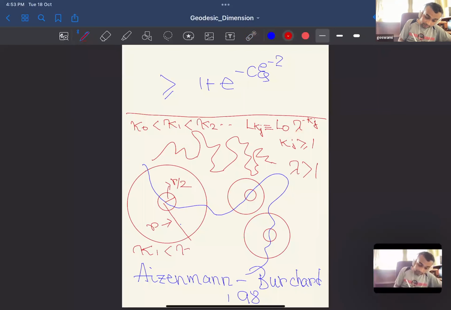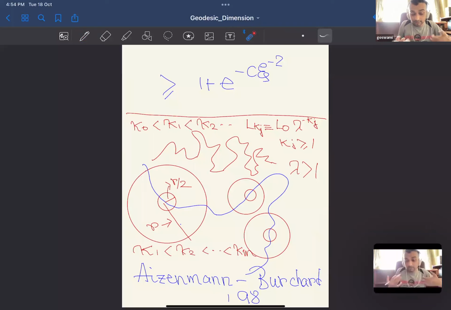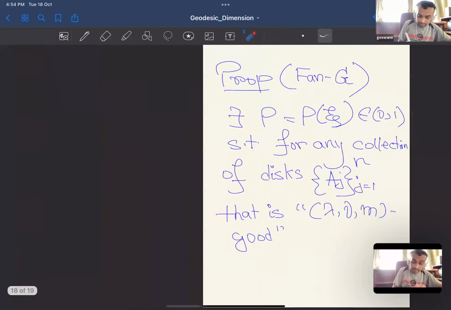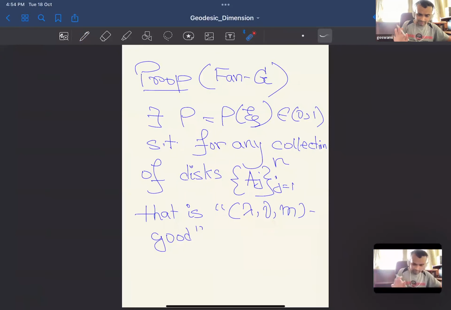K1, K2, up to Km are the scales around which we find the radius of the balls there. So that's m. And nu is, as I told you, for each Kj there has to be a certain number of balls in your system, and that number, up to a constant multiple, is nu. So that's exactly what a good family is. So for any such family that is lambda nu m good, one has